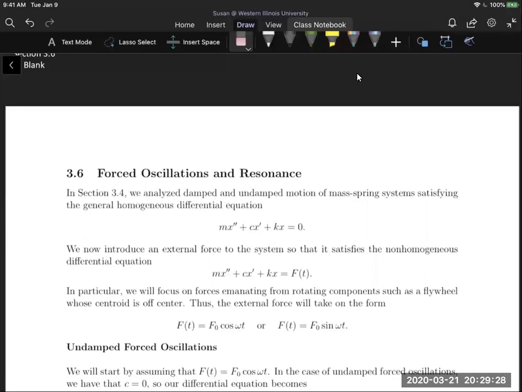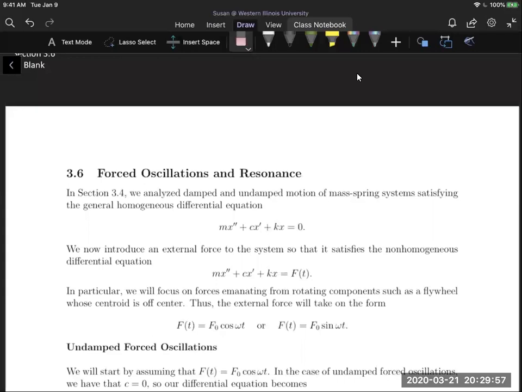So section 3.6 is called forced oscillations and resonance. It's going to give us some applications for non-homogeneous equations. So we're going to heavily rely on your knowledge from section 3.5, where we learned how to run through rules 1 and 2, depending on if you have duplication or not, in order to find a particular function. And then, of course, adding the complementary solution and the particular function together to get the general solution of the